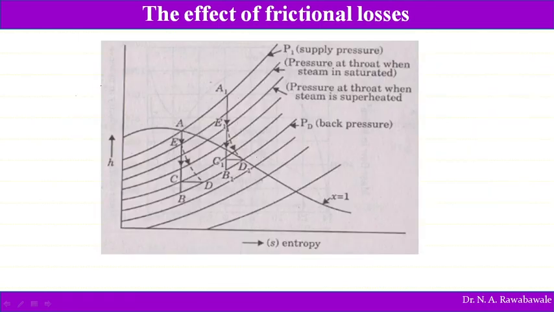Now you can see here. For example, steam when it enters into this nozzle at point A is dry saturated, and if it follows this isentropic expansion, it has to follow the path A to B. Say for example, this is pressure P1 and this is pressure P2. So this line is a constant pressure line. This is an HS diagram. We call it a Mollier chart. On the Mollier chart, these are the constant pressure lines. This is the dry saturated curve.